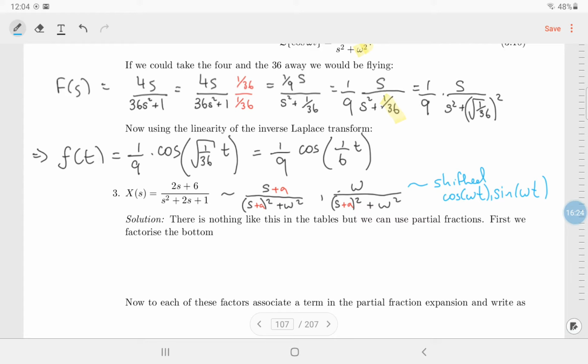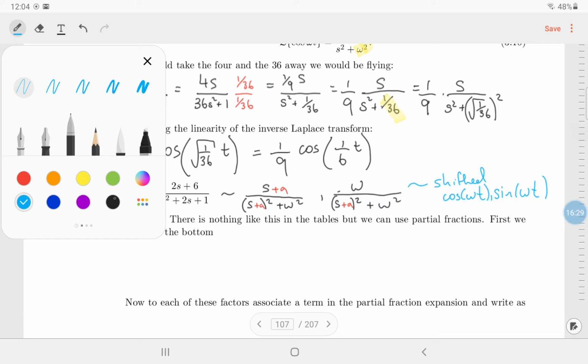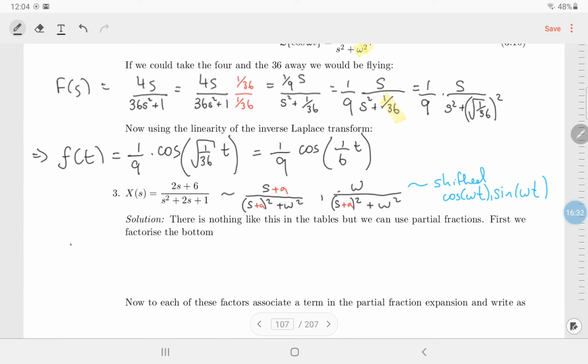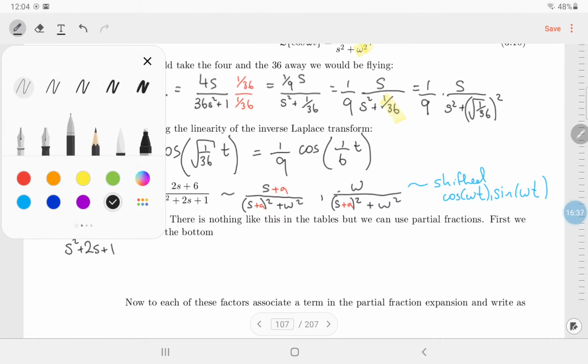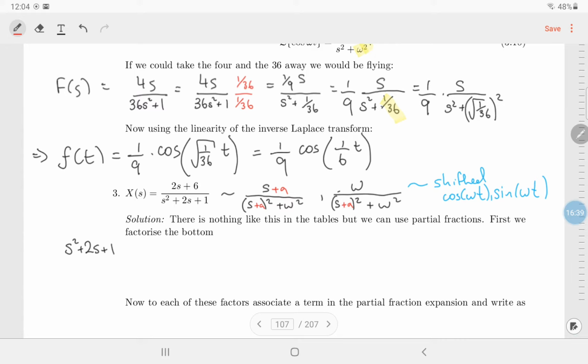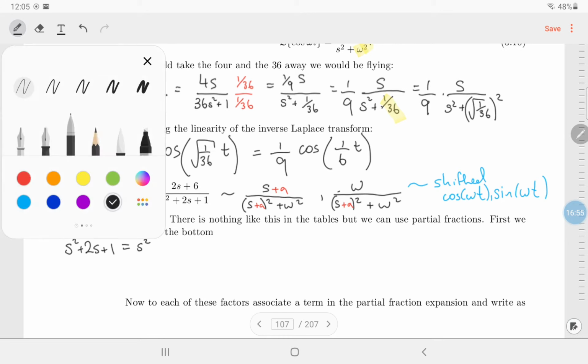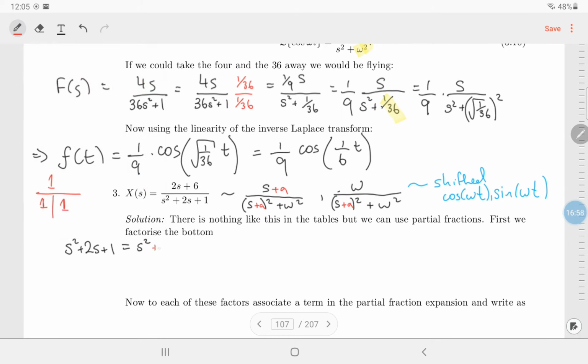But what you should probably do first is, okay, let's just do partial fractions. So the first thing is you factorize the bottom. So let us look at that. We've got s squared plus 2s plus 1, and we'll factorize this using the AC method, or you can use whatever you want as long as you're getting it right. So the AC method says a times c, 1 by 1 is 1. We look at the factors of 1, all you get is 1 and 1. And you can take a pair of those, 1 and 1, and get plus 2s. So we get s squared, and then the 2s is equal to 1s, which is s, plus 1s, which is s,